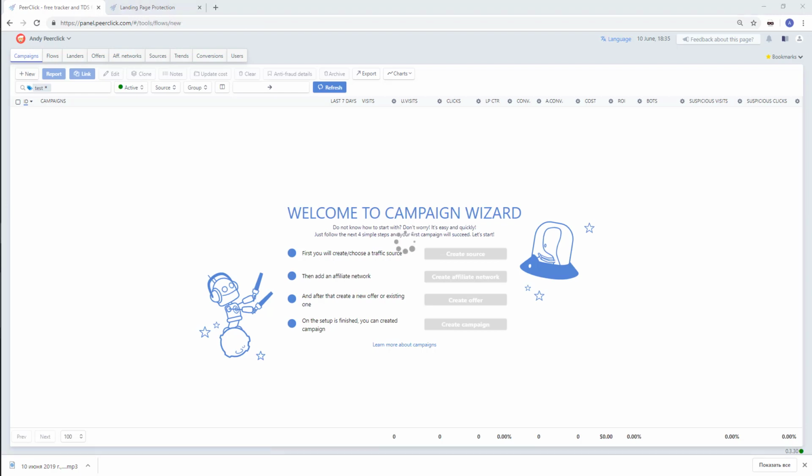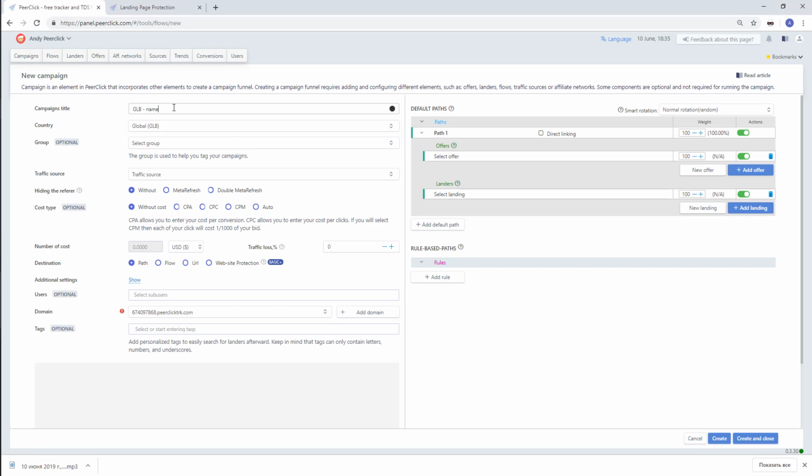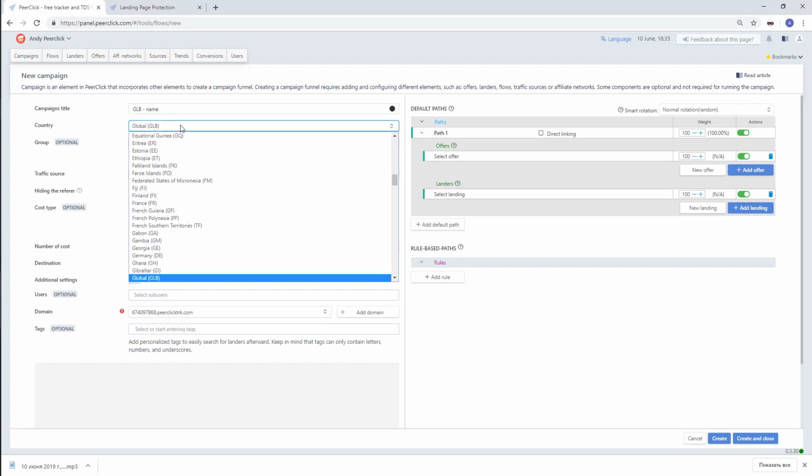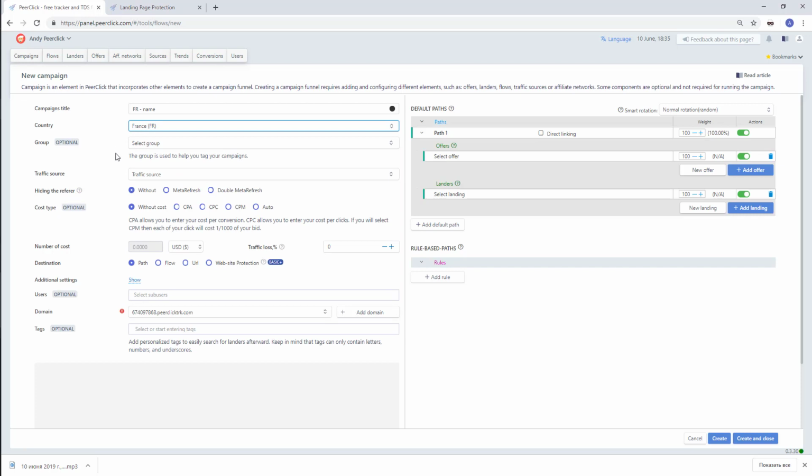The first field which you can see is intended to enter the name of the campaign. Next you can see the field of country selection. Please notice this setting is only informative and doesn't affect traffic. Then you can add this campaign to any group. This setting is similar in functionality to the tags, and it is used to structure and conveniently serve through your